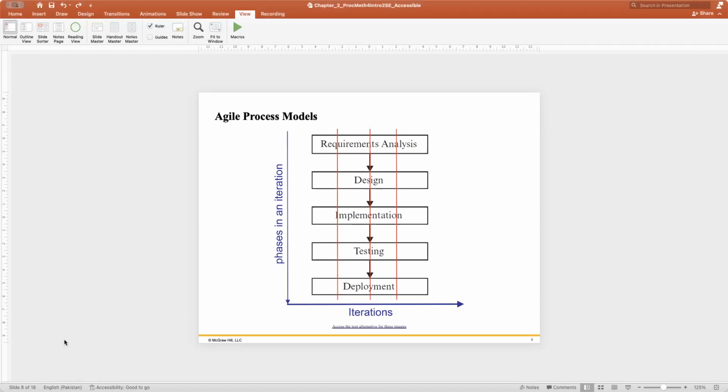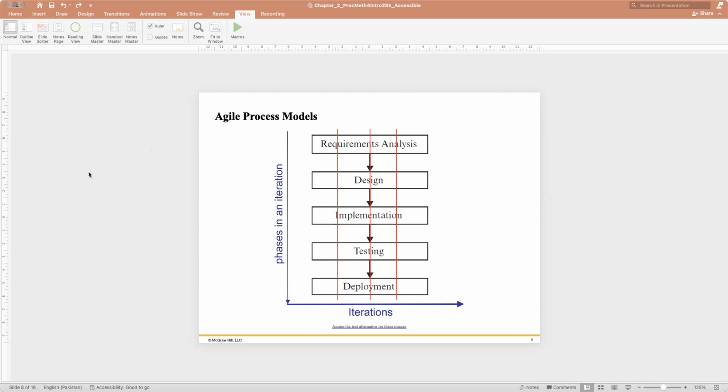So that's how we discussed that every phase will be iterative. If one phase is completed, there are usually many ways to show the agile process model, but I'm going to show you this quick one to see how it looks. Okay, give me a second. Where is my pen?